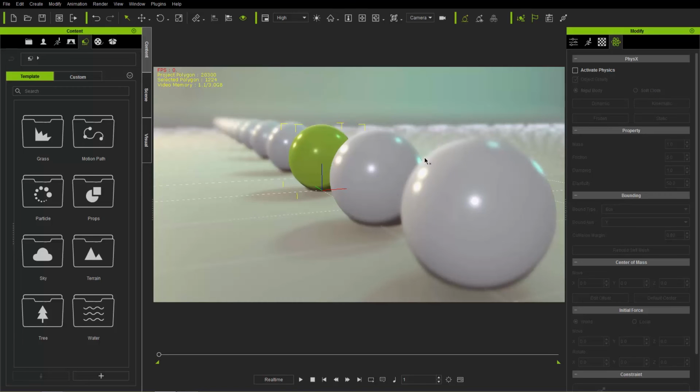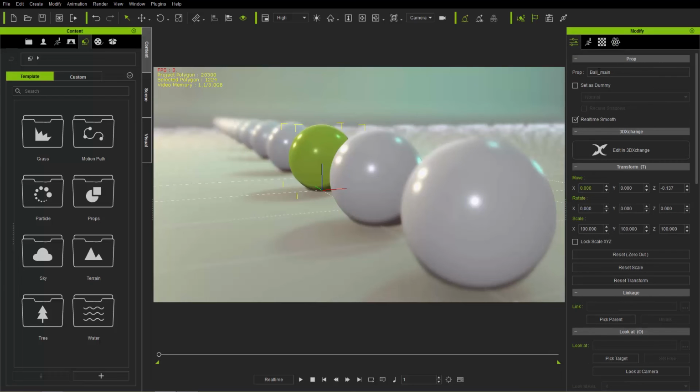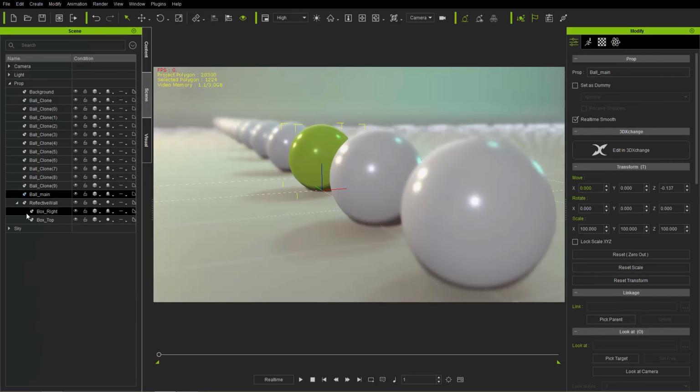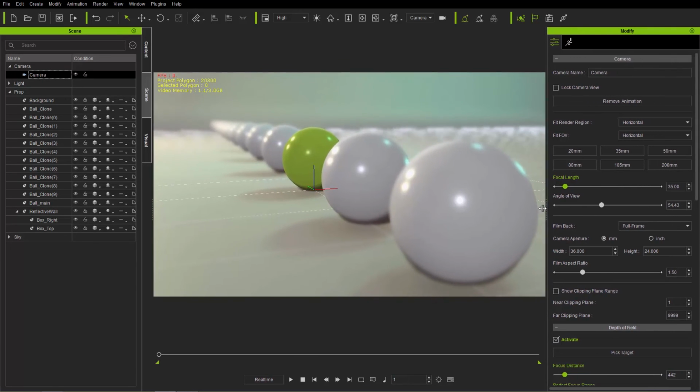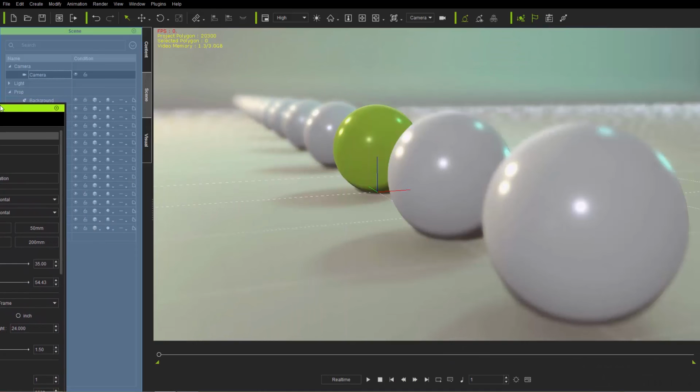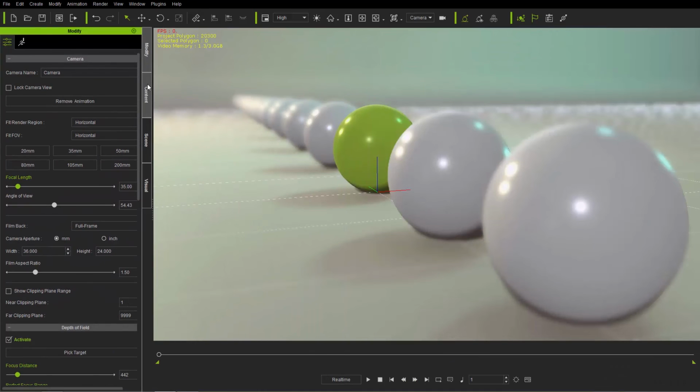Now, if you have a camera selected, your attributes are going to be different. So for example, if I go to my scene manager and I select my camera, you can see that all the attributes here are going to be different. You can click and drag any of these panels just like this as well. I also wanted to mention you can click and drag any panel around. If I wanted to hide my modify panel behind my content manager, I can do that as well. I can click and drag it down here. Okay, so if you want to have everything on one side, you can do that as well.